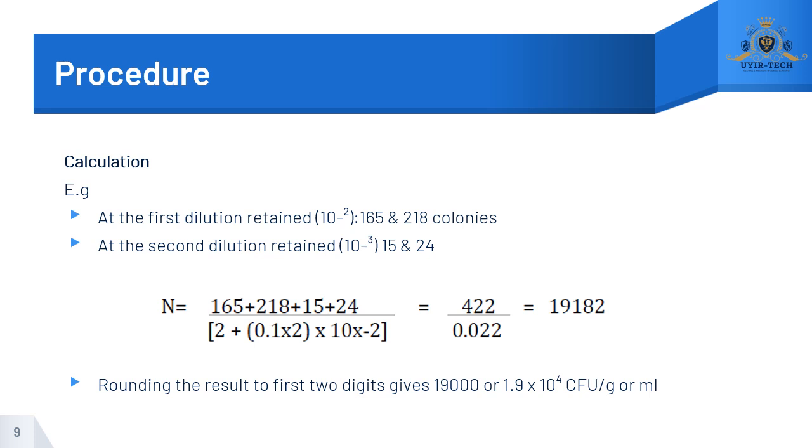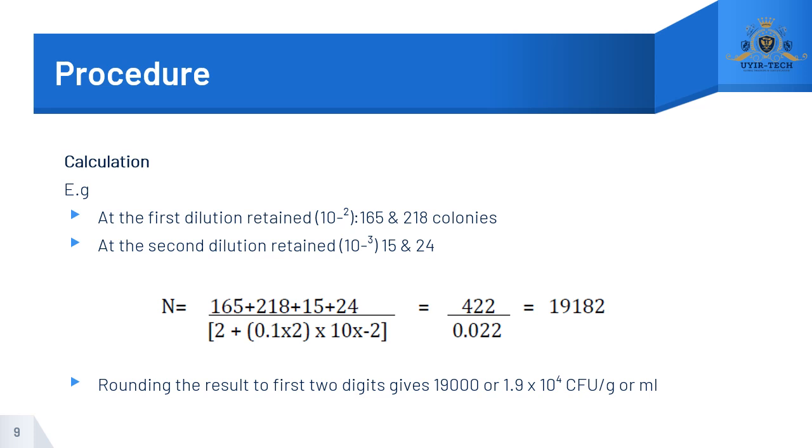So the sum of C is the sum of the colonies, which will be 165 plus 218 plus 15 plus 24. So the sum of the colonies will be 422, divided by N1. N1 will be 2, because N1 is the number of dishes retained in the first dilution. So always we have to perform duplicate plates. So N1 will be 2, and